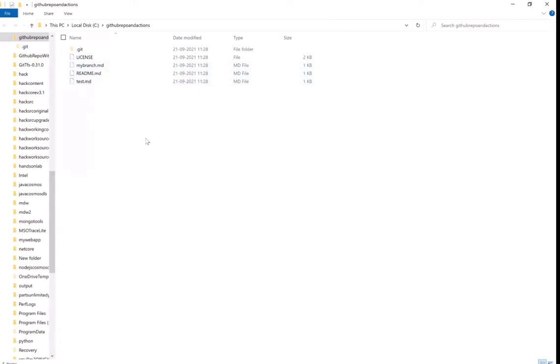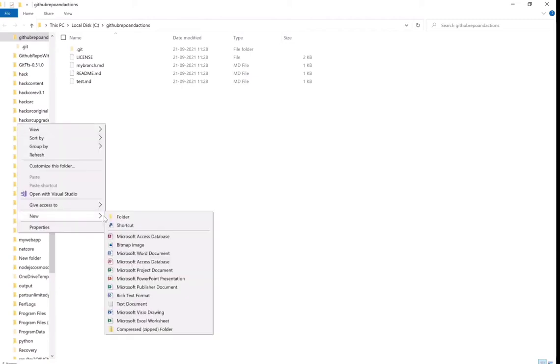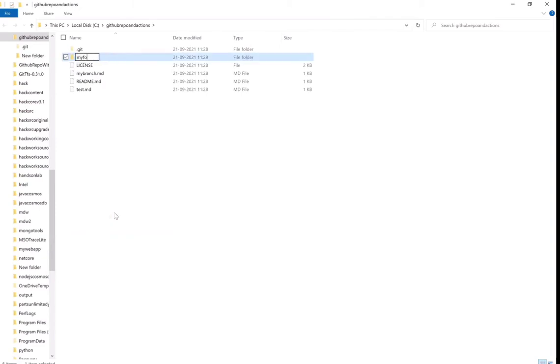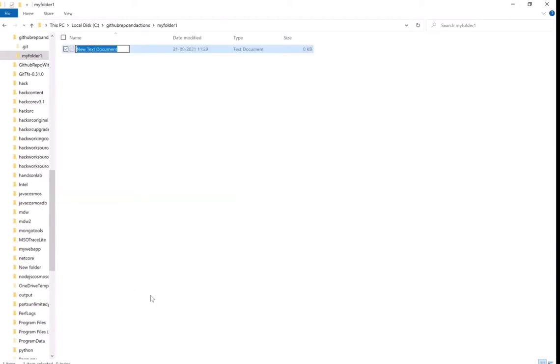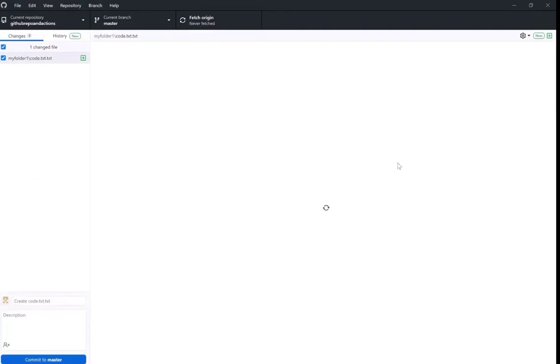Now, what is the use of this? Someone will say, okay, why should I use this? The important thing is when you work on a particular folder structure, suppose I give you a simple thing, my folder 1. Then I have some code, some text file or code. While you can move it here, it looks simple. If I have a hierarchy of that particular folder structure, now this solves the problem for me on my machine.